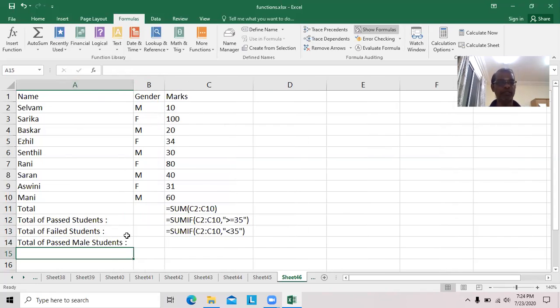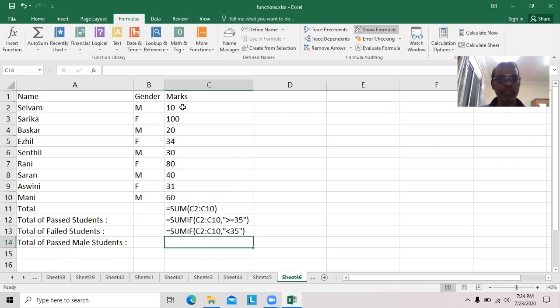Here we have two conditions. Passed means the mark should be greater than or equal to 35. Male means it should be M. Greater than or equal to 35 should be applied to the range C2 to C10, whereas male, that is M, should be applied to B2 to B10. So two different ranges and two conditions.